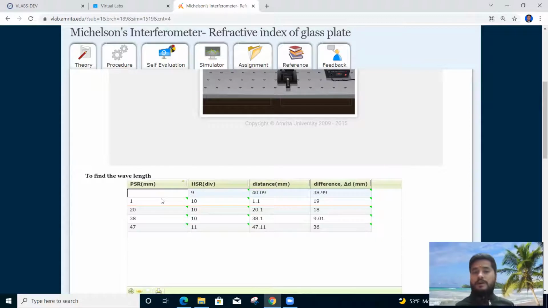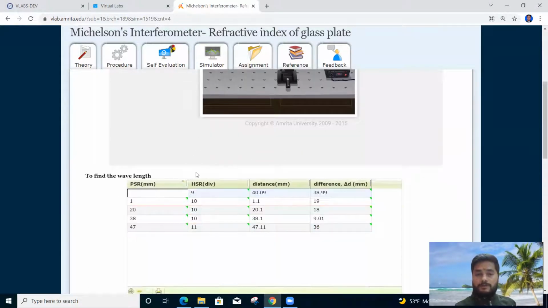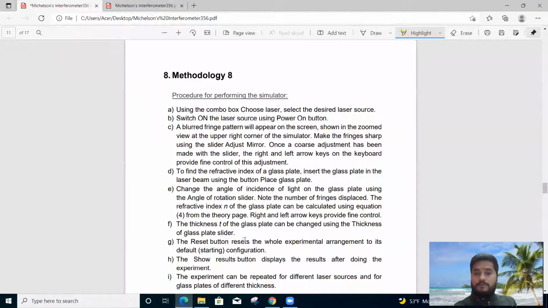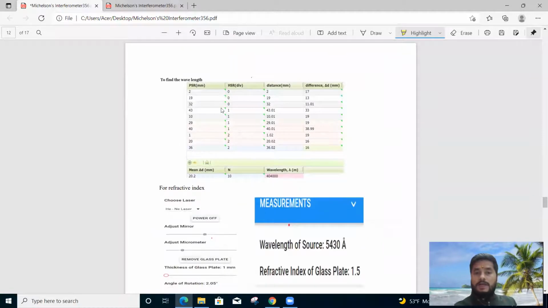Before we conducted this experiment, I also wrote these different columns in my copy. So I keep different records here. These are the different records when we make a